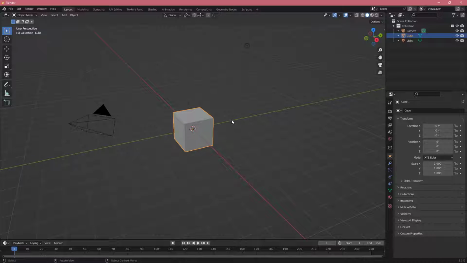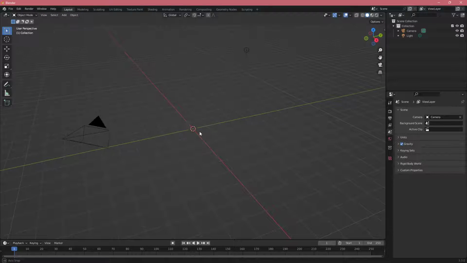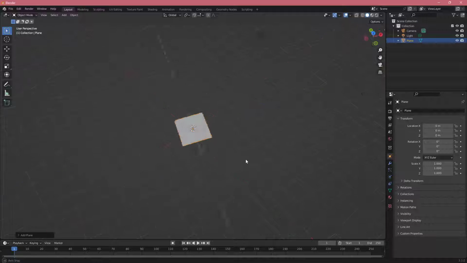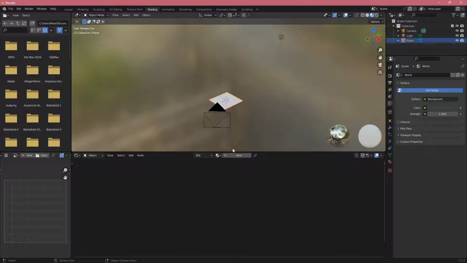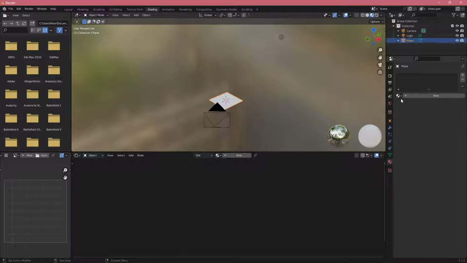In this tutorial, we're going to go over how we can create a movie or attach a video onto our texture so we can actually animate and see what is happening inside our movie. So first things first, I'm going to delete the cube, click Shift A and add a plane. It will be easier to showcase a video onto a plane instead of a cube, so that's what we are